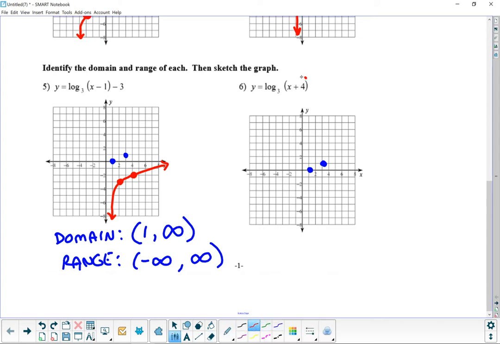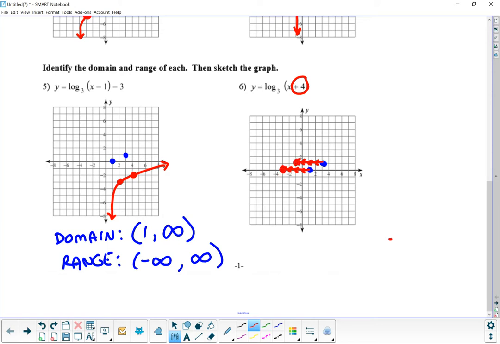All right, from here, all we see is a plus 4 inside with the x, which means that we're going to go to our right. Excuse me. That's a plus 4, so we're going to go to our left 4 times. So 1, 2, 3, 4. And 1, 2, 3, 4. And that's about it. All right, so we're going to end up with a point right there and a point